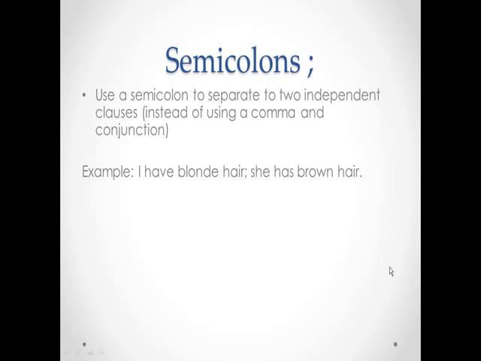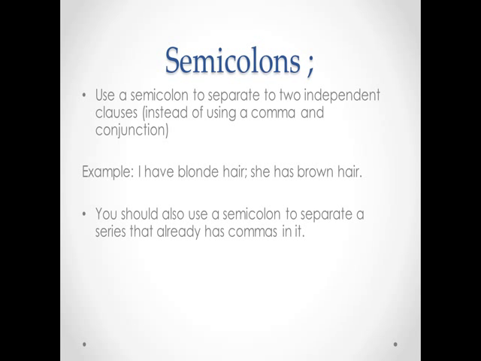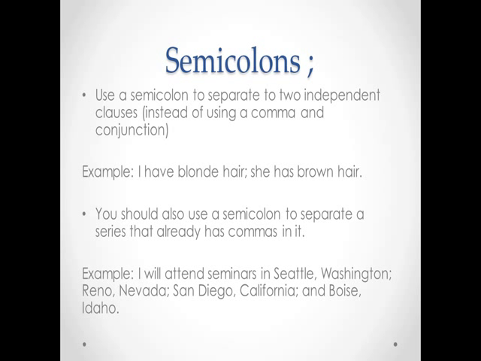An example: I have blonde hair; she has brown hair. You should also use a semicolon to separate a series that already has commas in it. This will help to